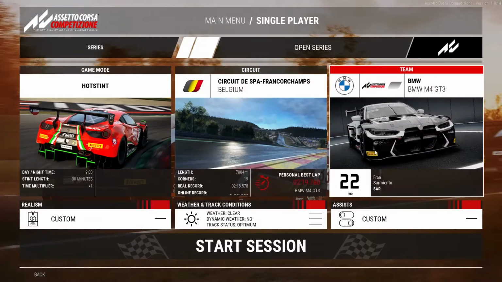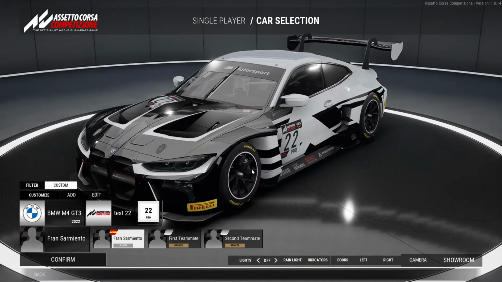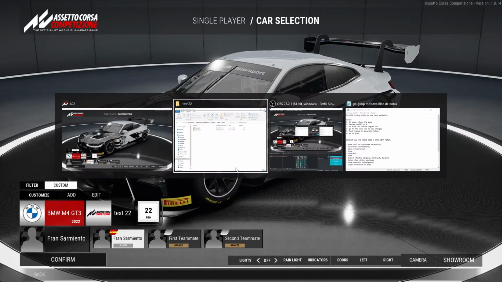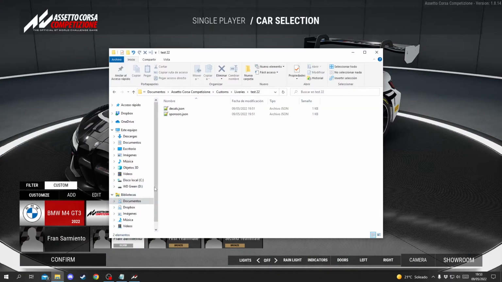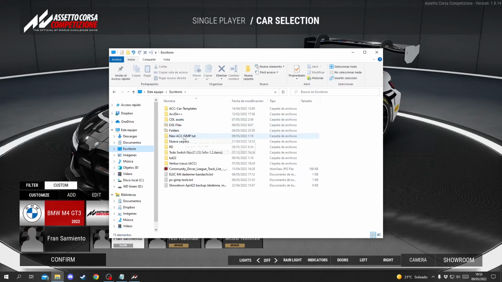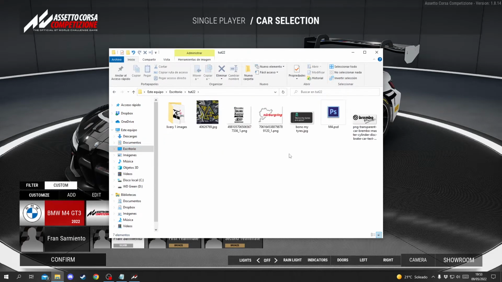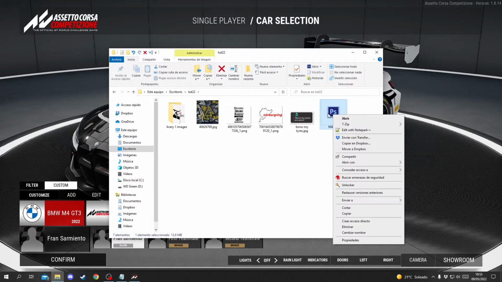So now we confirm that we can leave it like this, so we can see the changes every time. And we go back to find the file with the wireframe, so we can start doing some work. I will share all the wireframes from new and old cars, even the new DLC, in the description. You can download them. We're going to open with GIMP,